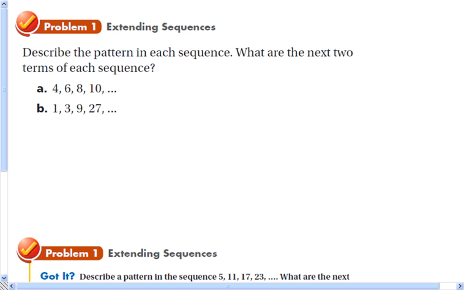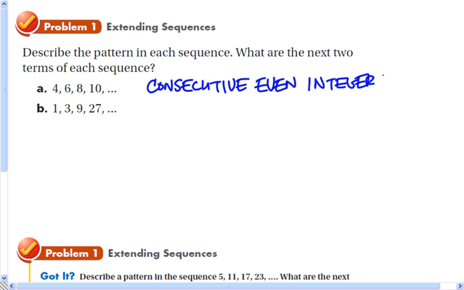All right, extending sequences. So we want to describe the pattern in each sequence and figure out what the next two terms are in the sequence. The first sequence, you probably notice those are even numbers, consecutive even numbers starting with 4. So that's what we're going to call that, consecutive even integers starting at 4. And so the next number is 12 and then